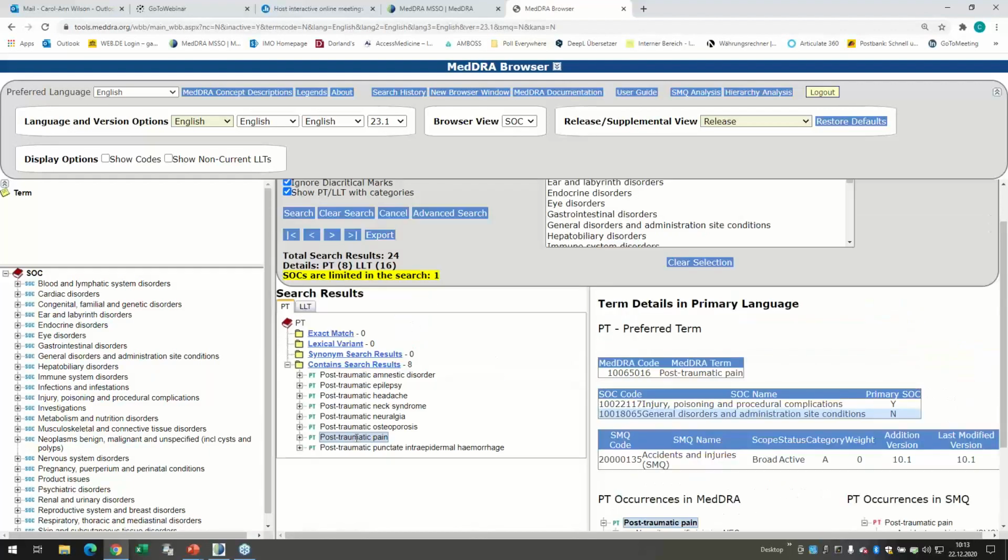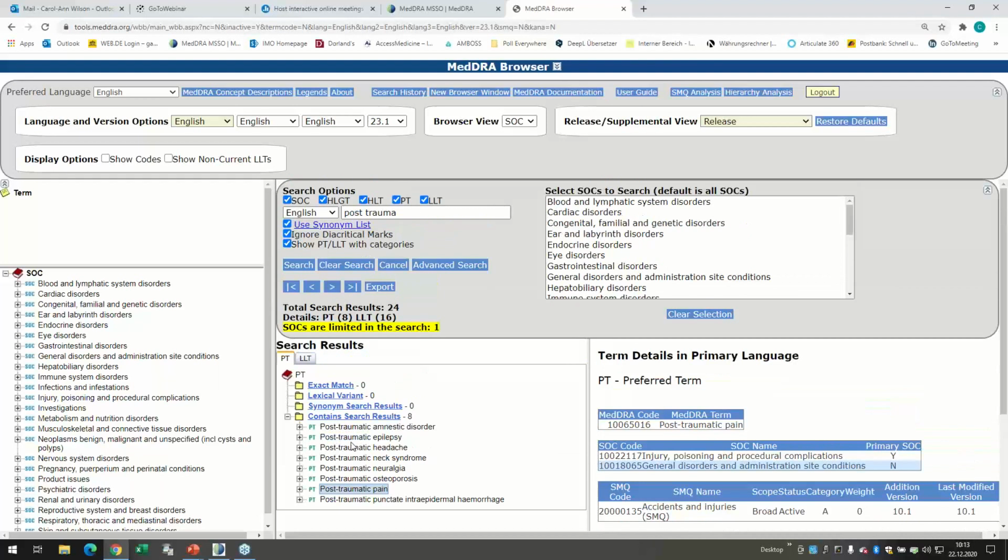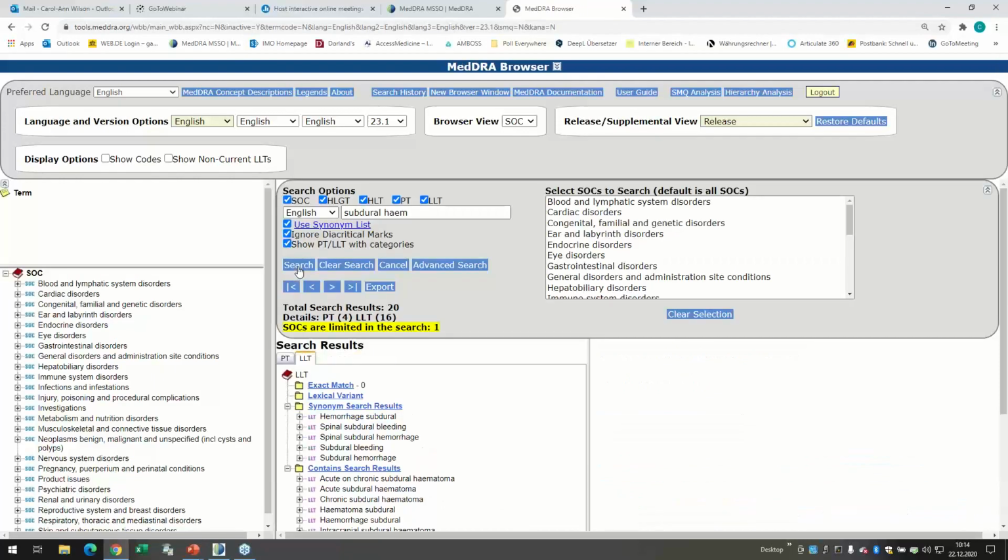But do not expect that all these post-traumatic conditions include the wording post-traumatic or traumatic. There are some terms that do not include this information. Let's look at, for example, subdural hem, in order to capture both the subdural hematoma and the hemorrhage, and look for this one now. And we see that we have terms here: spinal subdural hematomas, spinal subdural hemorrhage, and the same for just subdural